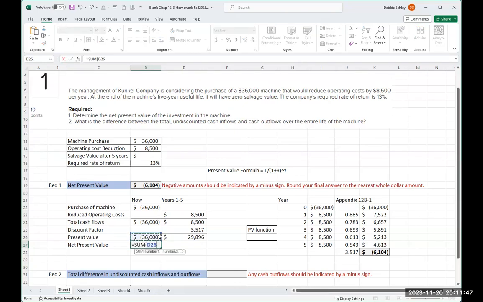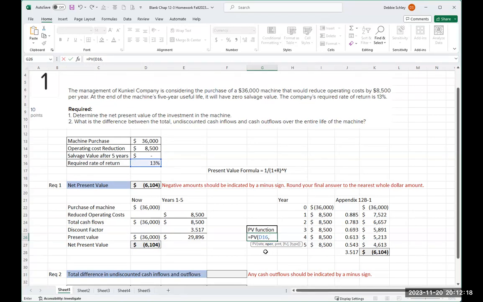So now I can sum these two numbers and I get the same answer, negative 6,104. Okay, so that's the quicker way. Now, the even quicker way equals PV, reference the rate, right? That's the first one that they want, is the rate, comma, the periods,